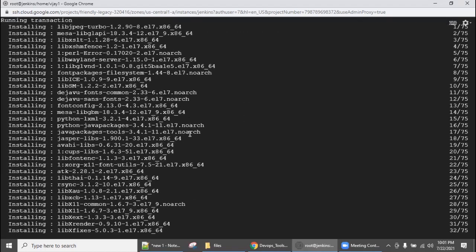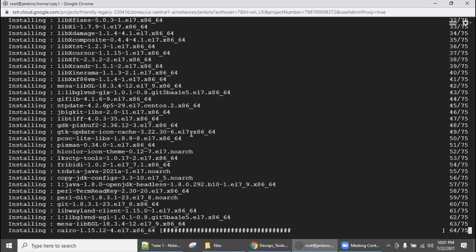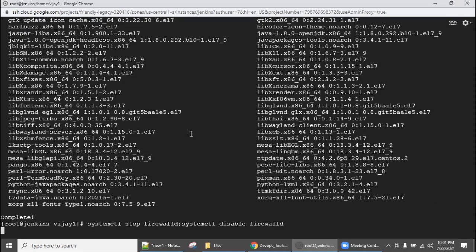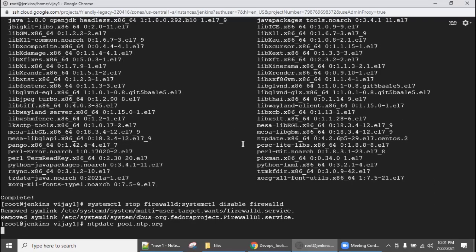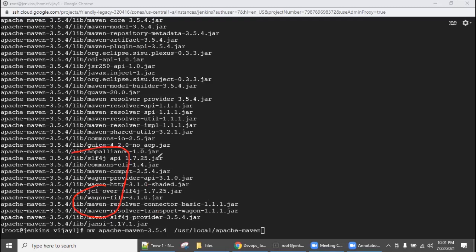Then we will proceed to the AWS cloud integration. Let's wait for a few seconds and let it complete. So NTP is getting synced, and then Maven is getting downloaded and extracted.